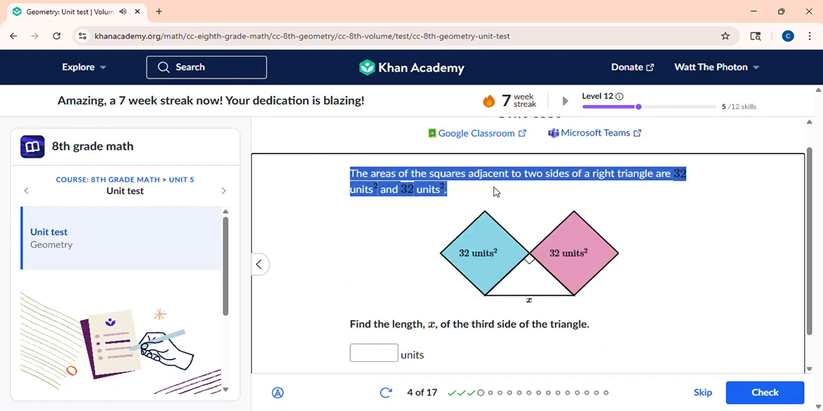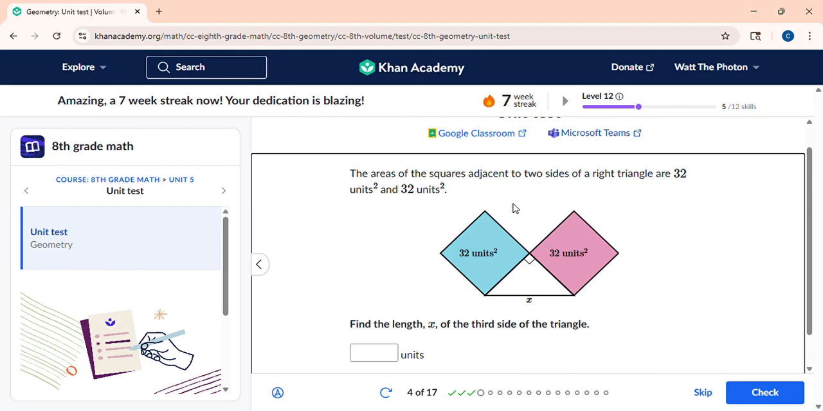The areas of the squares adjacent to the two sides of a right triangle are 32 square units and 32 units squared. They're both 32 units squared. Find the length x. Okay, so this would be,